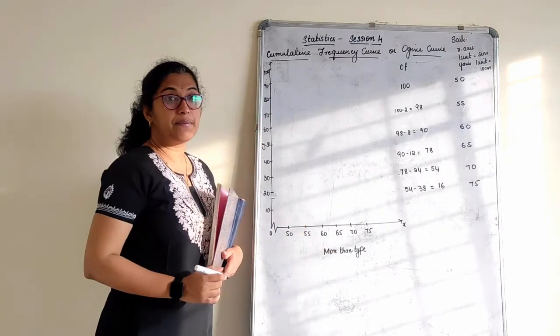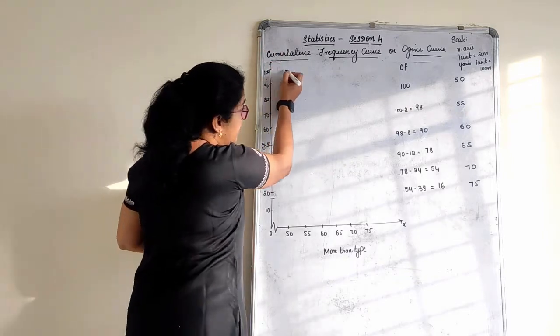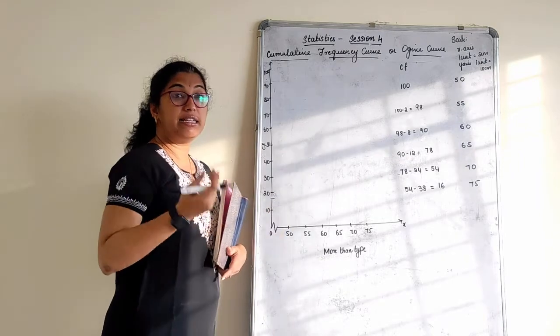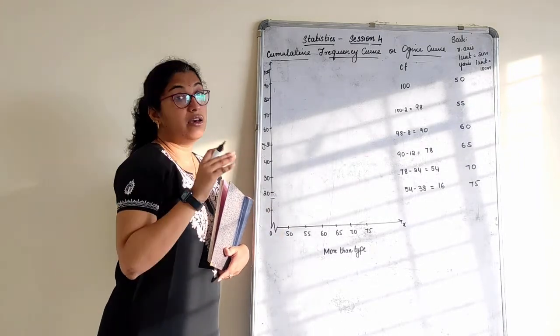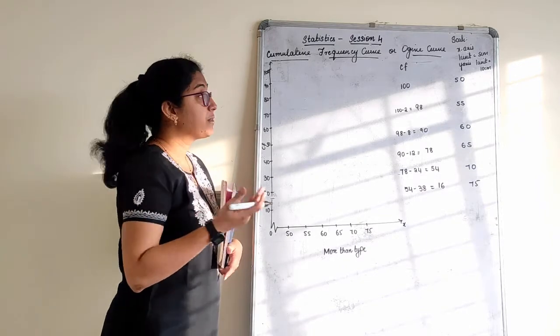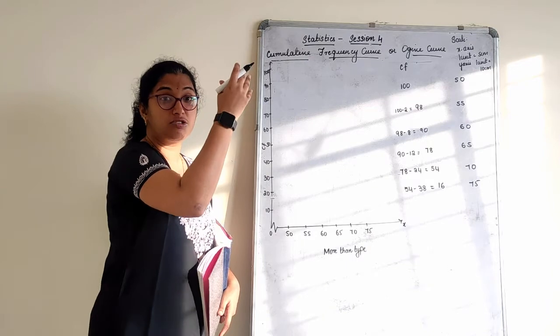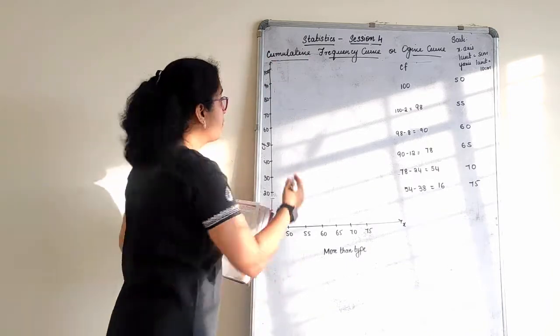How will the more than type curve come? More than type curve will come from top, down. It comes like this. Okay. Less than will actually go up. Why? Because less than we are plotting with respect to the upper limit. It goes like this, with respect to its cumulative. More than type, when we talk about its cumulative frequency, we will start from the highest score, that is the total number of score, to the last final score.